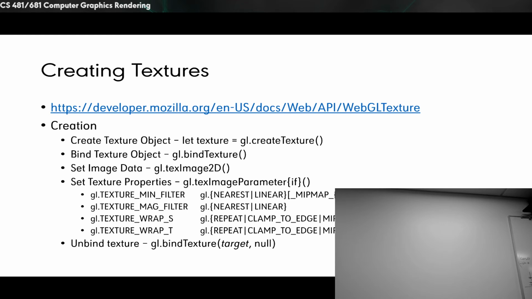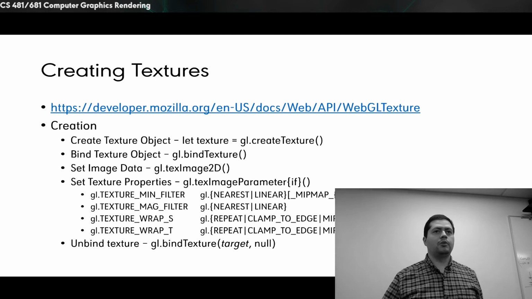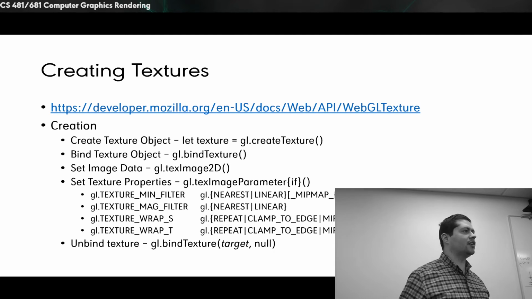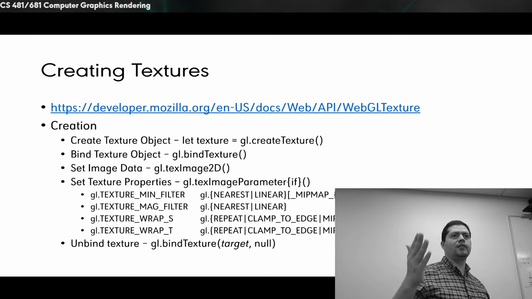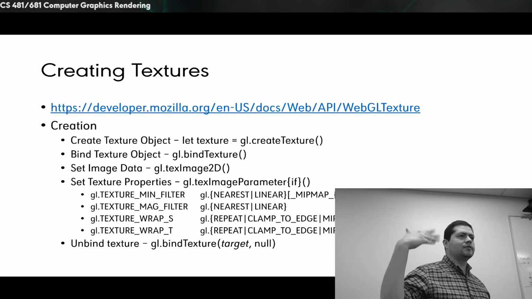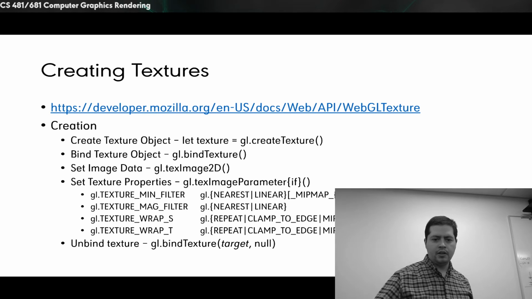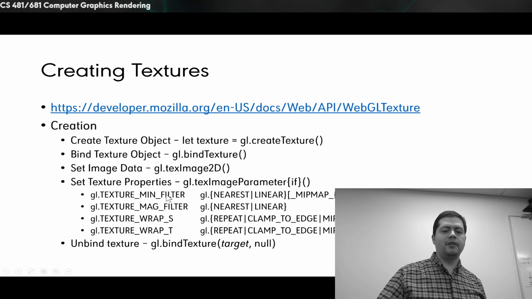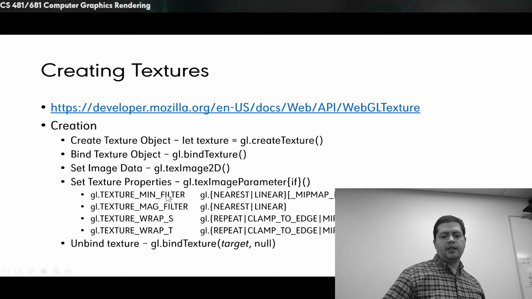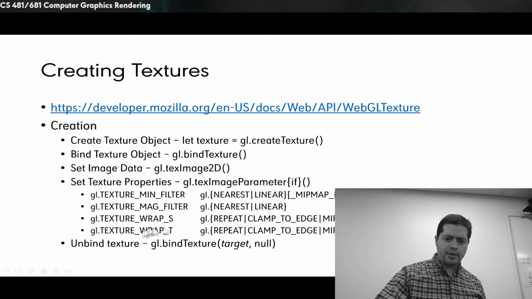And you have 0 and 1 in there, so if you pick 1 by chance and the next frame you pick 0, the next frame you pick 0, and then the next frame you pick 1, then you get this flickering effect that happens, okay? Because you can't decide which one you should get. So we're going to look at what happens when you minify something, make it smaller, and magnify it. Okay, so